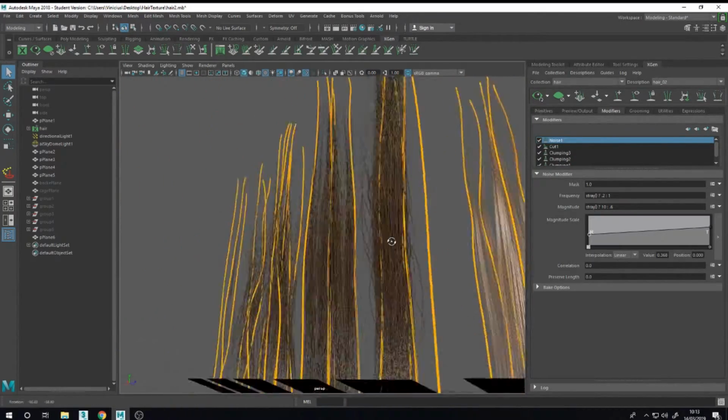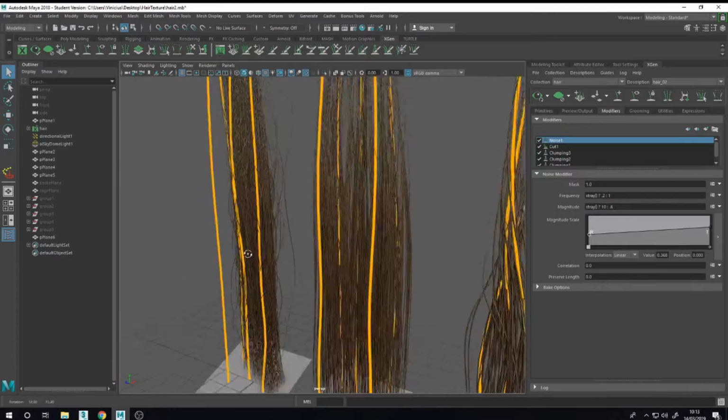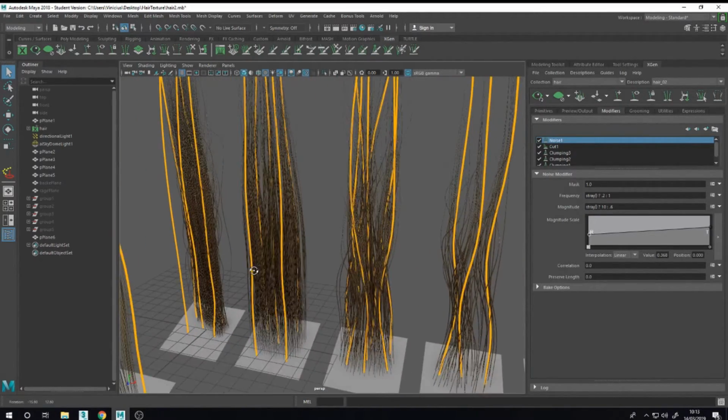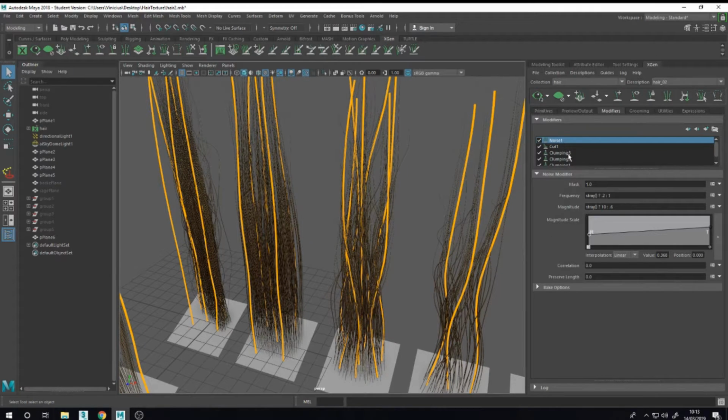So you can create the various hairs for the textures, just change the noise and a little the clumping to have more variation.